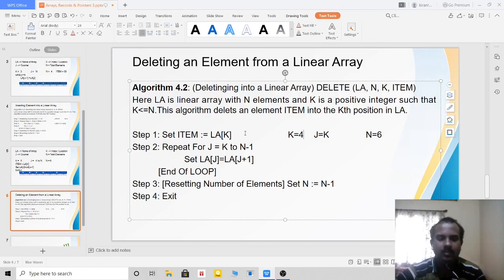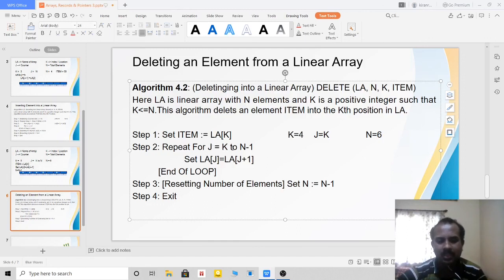Okay, no problem. Since I have deleted the fourth location, the fifth and sixth locations still have elements. But the fourth location has become blank or empty. So I have to move the fifth position and the sixth position upwards. Right? Okay. So I'll come to the for loop.